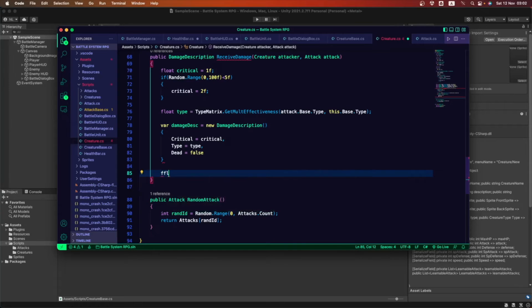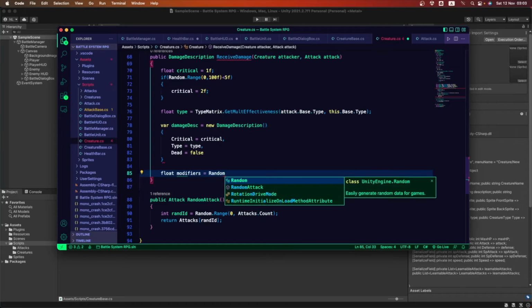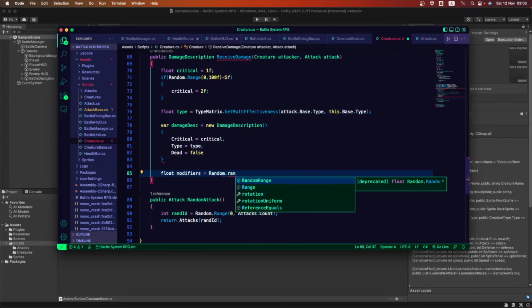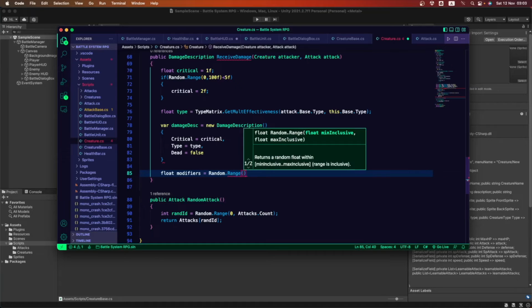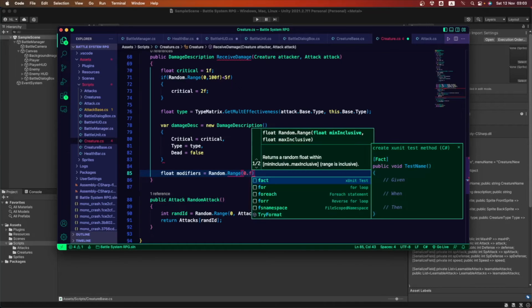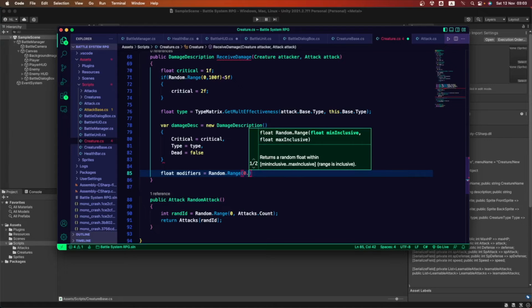Okay, so now we need a float, and this is gonna be called modifiers, and this is gonna be equal to Random.Range. And we're gonna be using a value between 0.84f and 1.0.